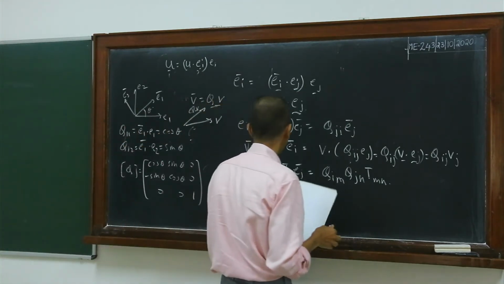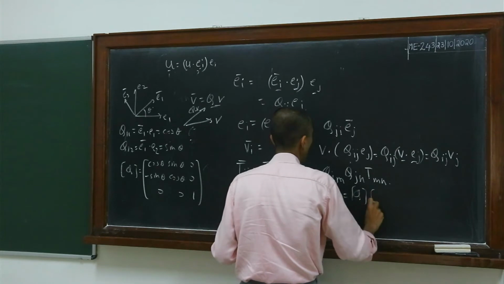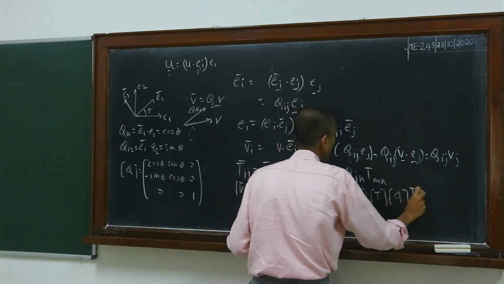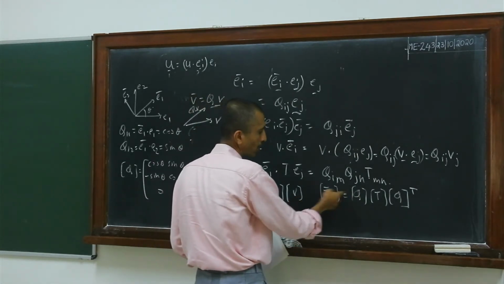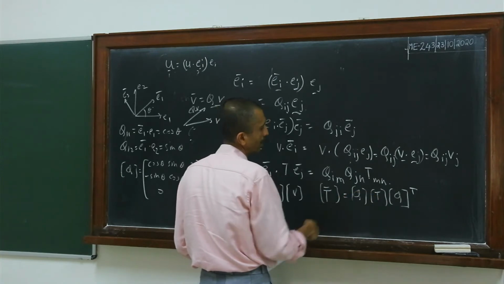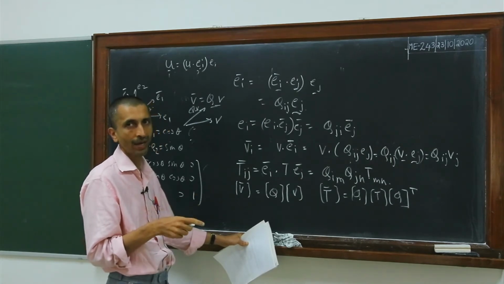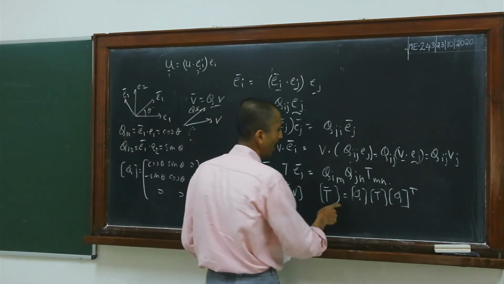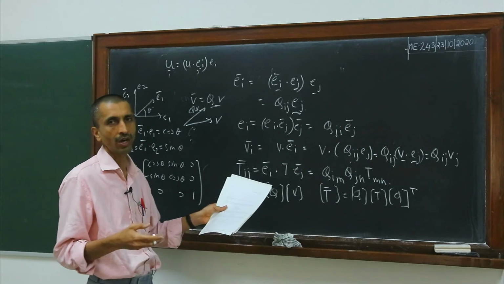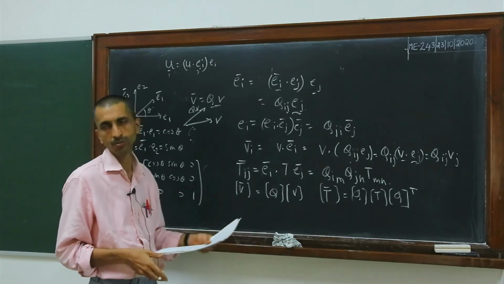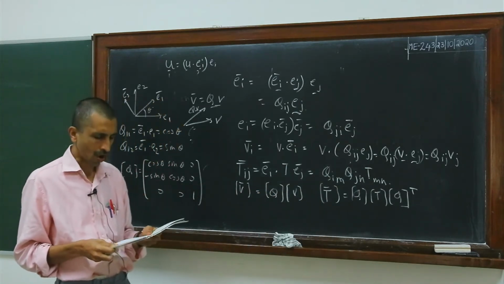So similarly, for the tensor T, the components can be written as Q times T times Q transpose. And then you can write the inverse by just multiplying it by Q on this side and Q transpose from the other side. You can get the relation for T in terms. So you will get T is equal to Q transpose times T bar times Q. Okay, so that also you can get. So actually it is possible to write it in this matrix form only for vectors and second order tensors. For third order tensors and fourth order tensors, you cannot write it in this particular matrix form. Then you have to go back to the tensor transformation law in the components itself.